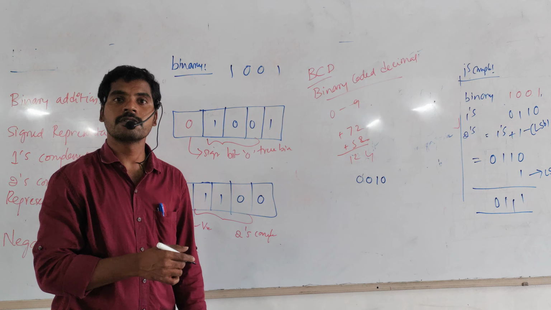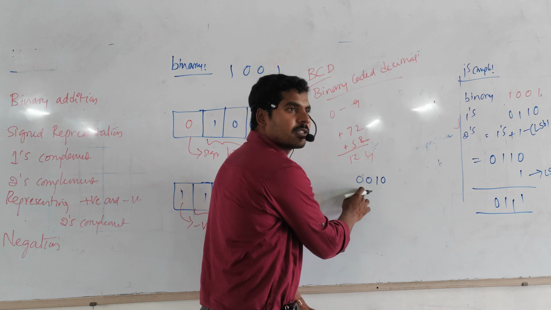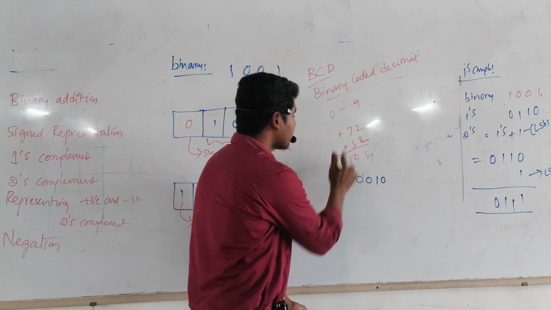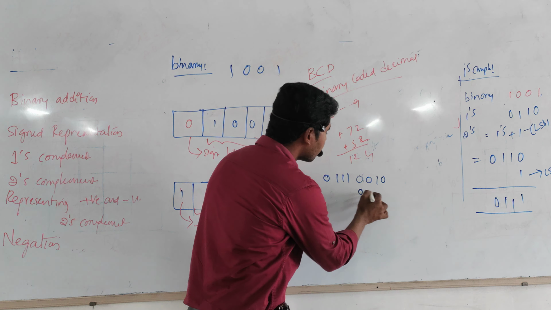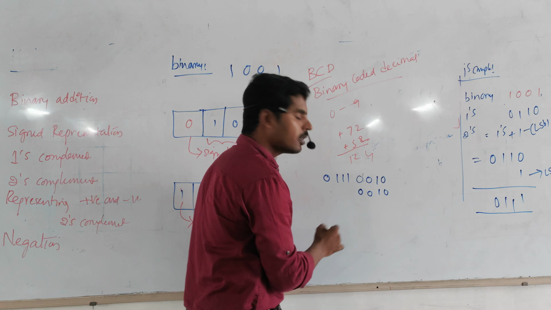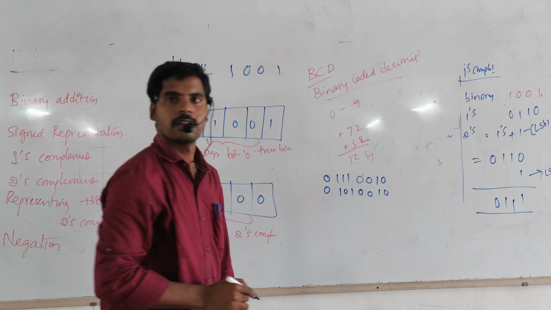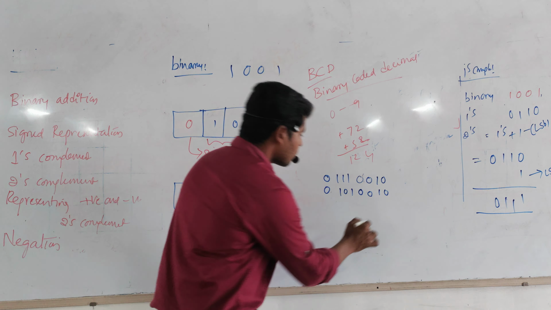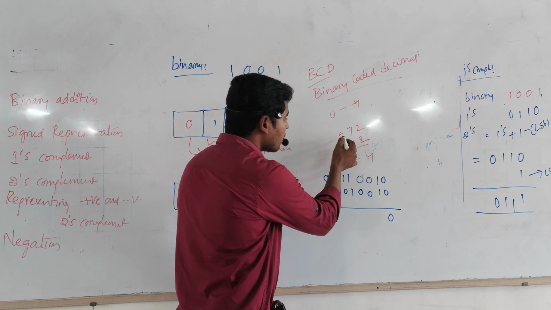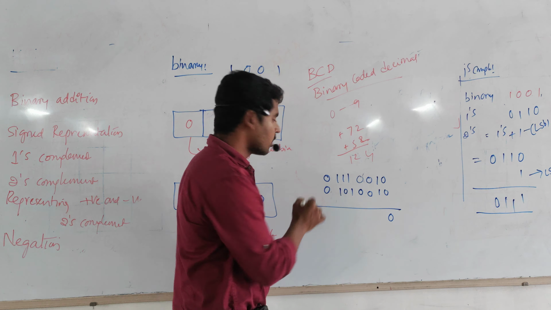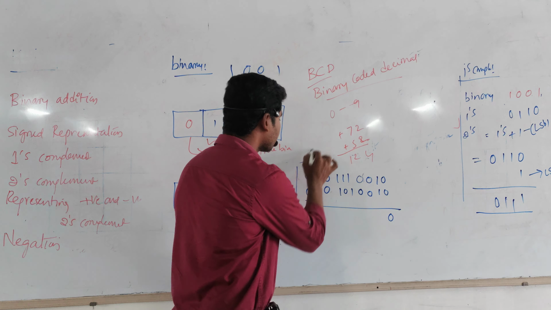Each and every complexity gives us some more information regarding the 2's complement value. So this is the representation of 2: 0, 0, 1, 0. 7 means 0, 1, 1, 1, as well as 2 means 0, 0, 1, 0. 5 means 0, 1, 0, 1. Right? So I will consider a 0 in front. These two are positive numbers, right? I will represent 0, which may be considered as a sign bit.